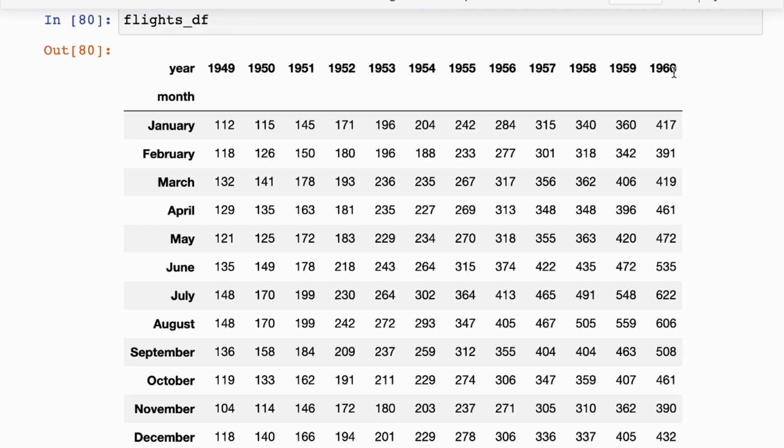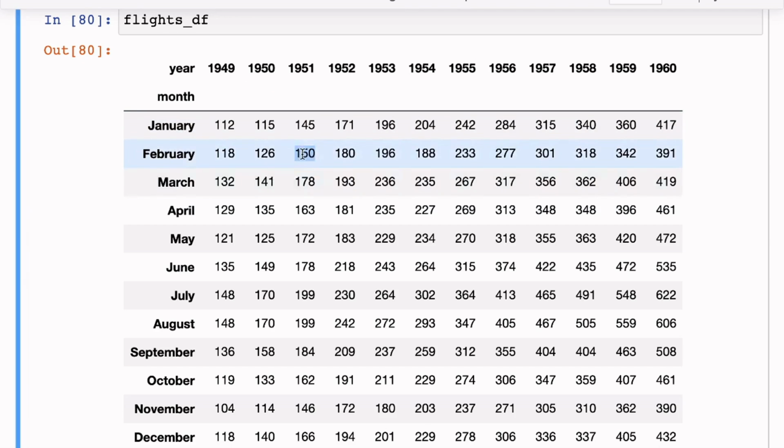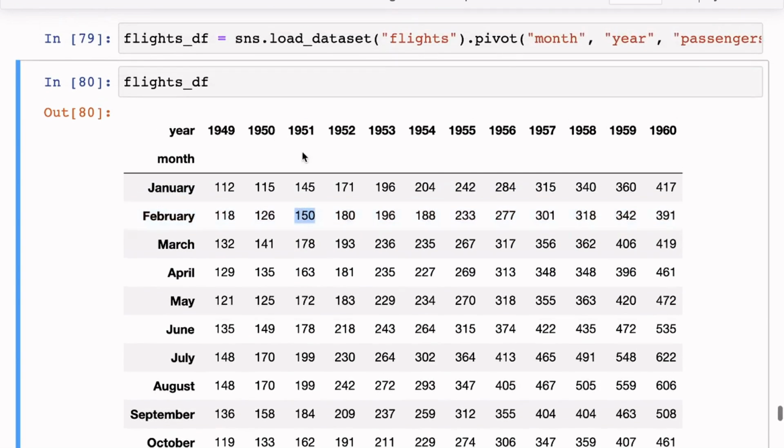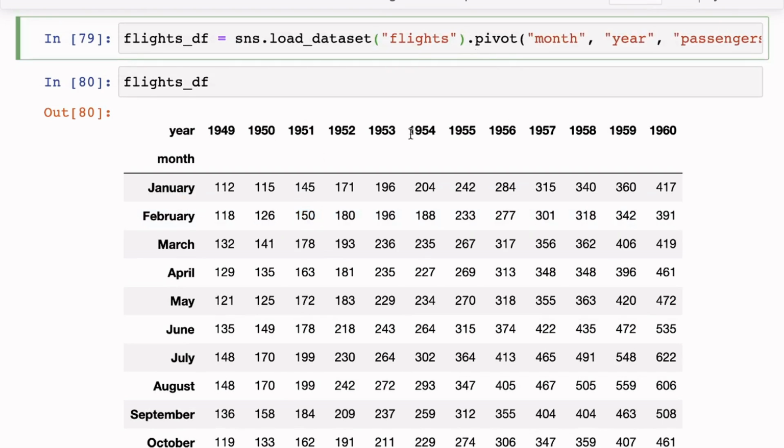So it's still a pandas data frame, still the same data represented in a different way. And the value at a particular position, let's say 51 February, is the number of passengers, in thousands of course, that was there in the original data frame. You can look up the documentation of pivot to learn more.